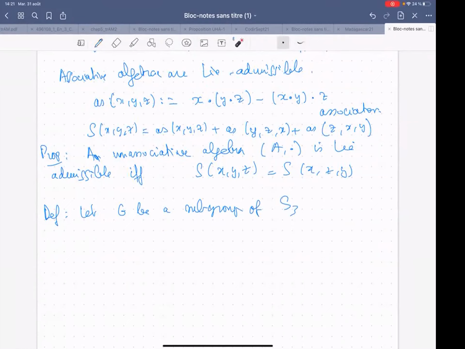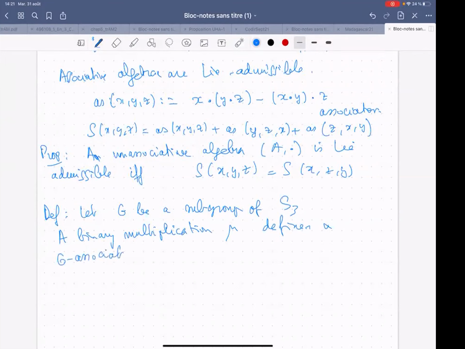Then we say that a binary multiplication mu defines a G-associative algebra if